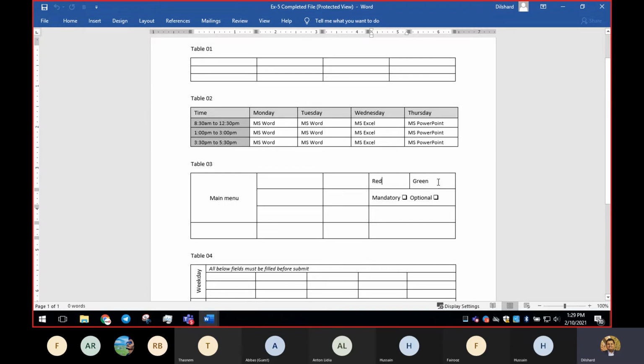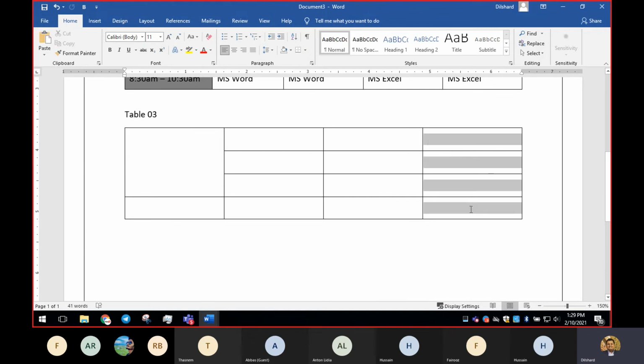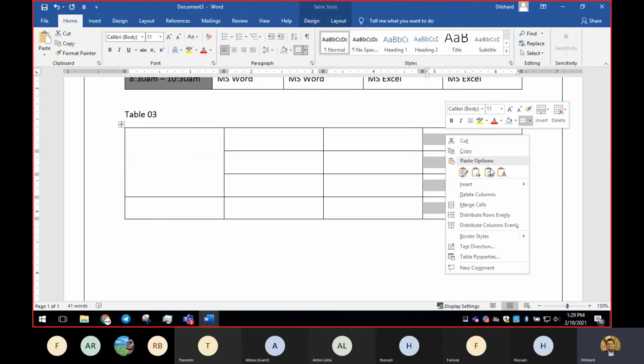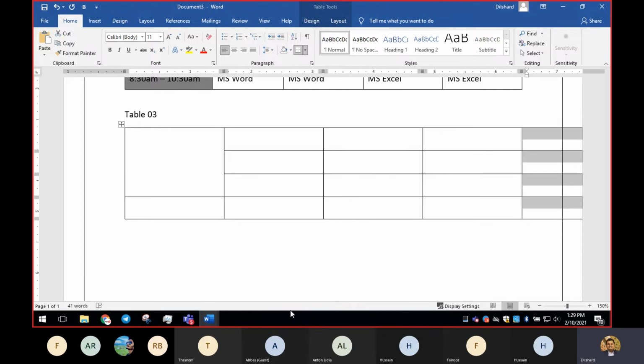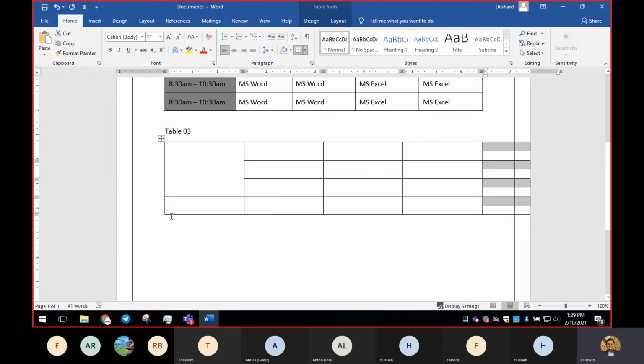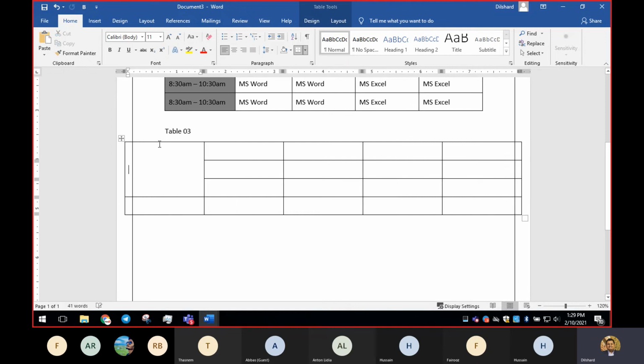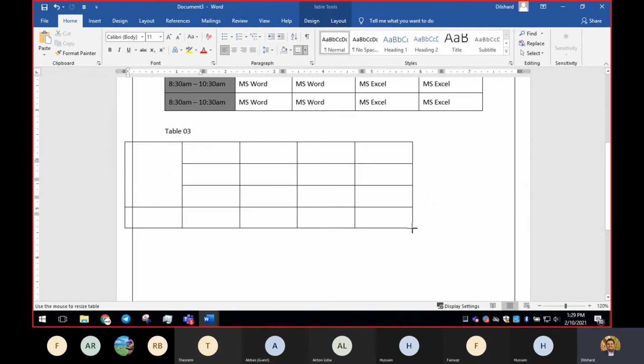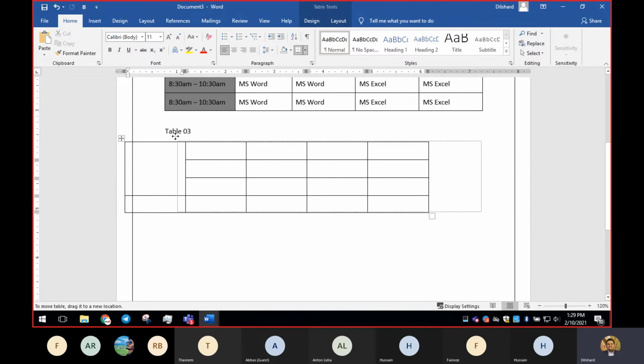This can be achieved in two different ways. What is the first way? We can use the same merge cells to do that. How is that possible? I'm going to highlight this and insert a column to the right. So now we have an extra column, right?